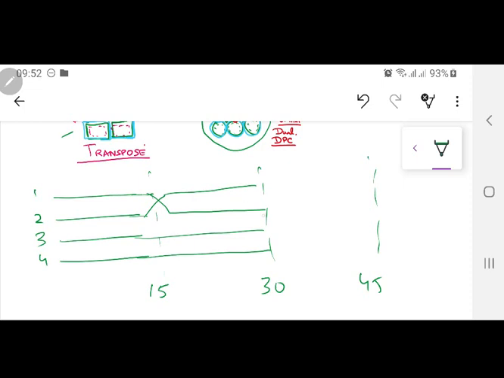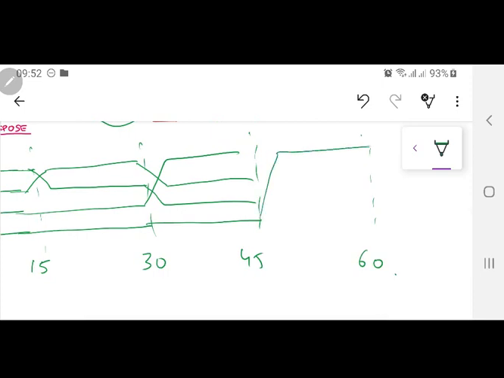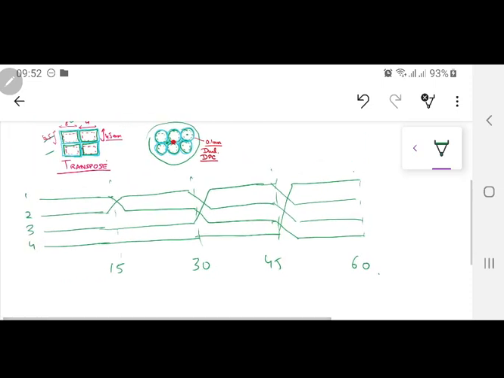So afterwards, maybe you are going to take this one here, and maybe here, and then you take it here, and like this one, and after this one maybe you have to take this above one, and supposedly this one is here and here. In this way, this is called transposition of conductors.